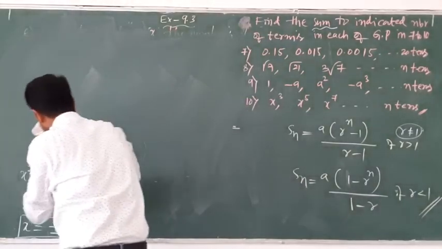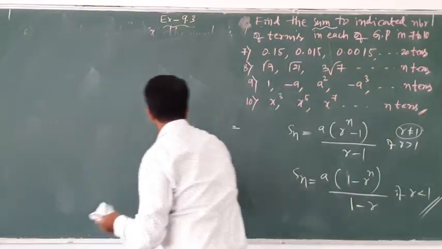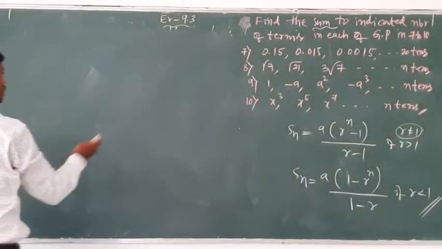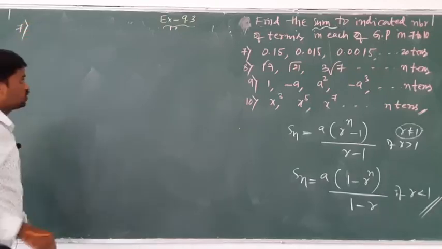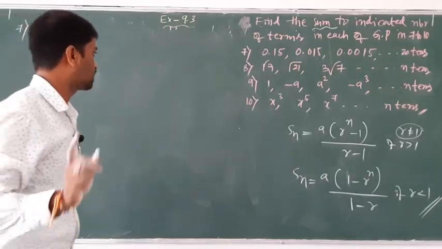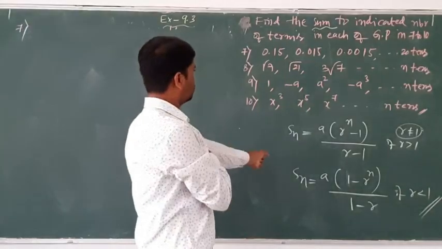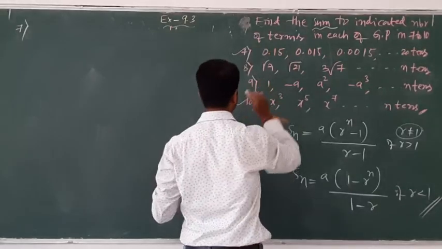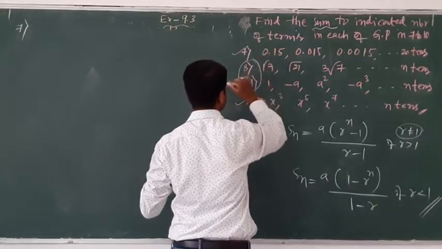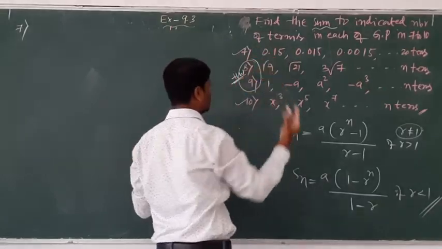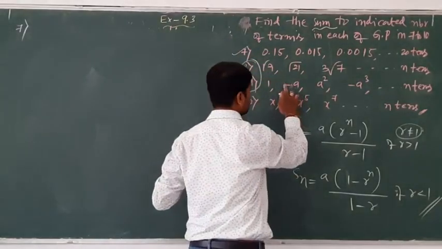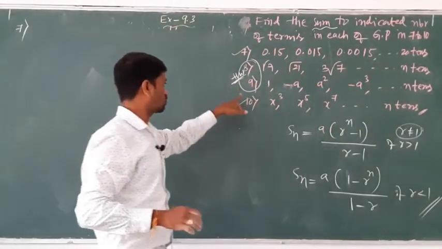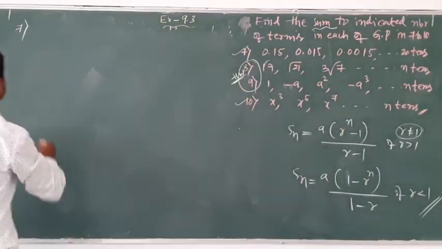As question number 7, as all of you write for the 7th one. I will explain only two problems. The remaining two are homework. Tell me which one? The 7th one I will explain, and the 10th one I will also explain. Both of these two questions are homework. Similar, same question. Here a, 1 minus a square minus a cube. Homework questions. In this session two questions are homework. The first one, the 7th one.